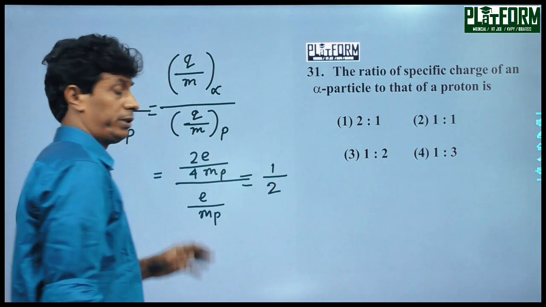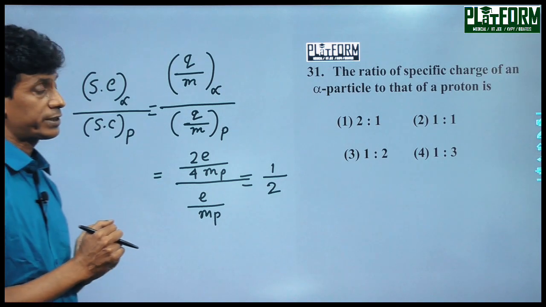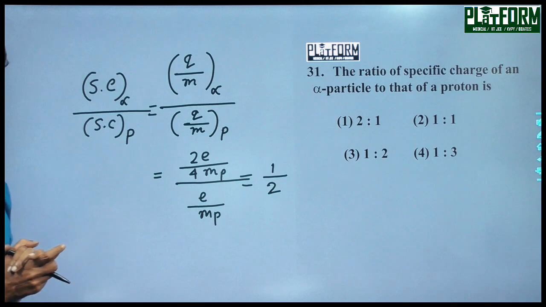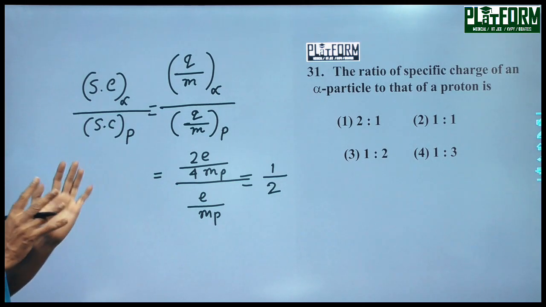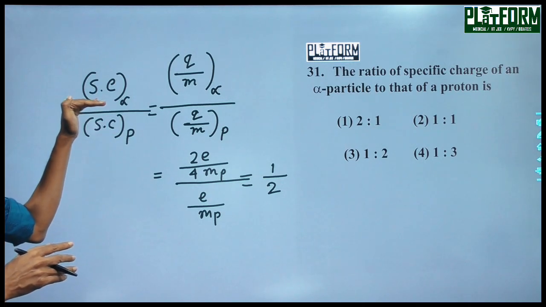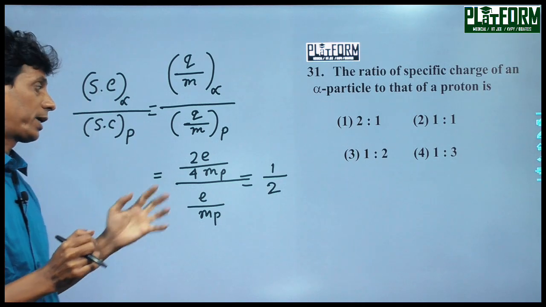1:2. Be careful though, it is a very simple problem, but you should have sincerity to find the answer here, because here 2 types of option are given. One is 2:1 and the other is 1:2. So be careful about it. Ratio of what? Ratio of the specific charge of alpha particle to the specific charge of proton. So the right option here is